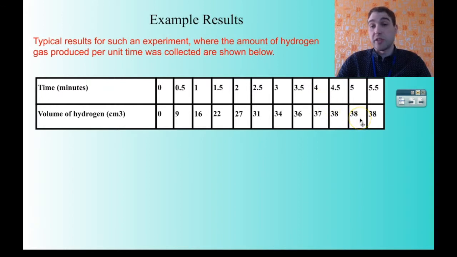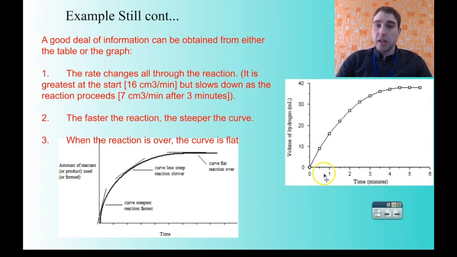So the volume of hydrogen doesn't change over time. So what we'll do is we'll graph that, and we'll have a look at what the graph shows us. So here's our graph over here. So we can see that initially we're getting a large amount of hydrogen being produced, but as time goes on, the amount of hydrogen being produced per minute, or per time interval I should say, is starting to drop down. If it was the same all the way, we'd just have a straight line